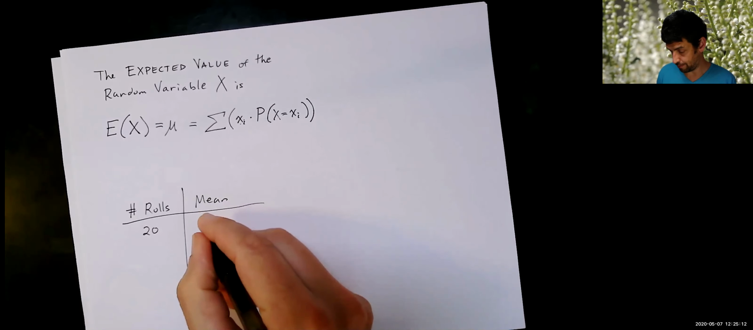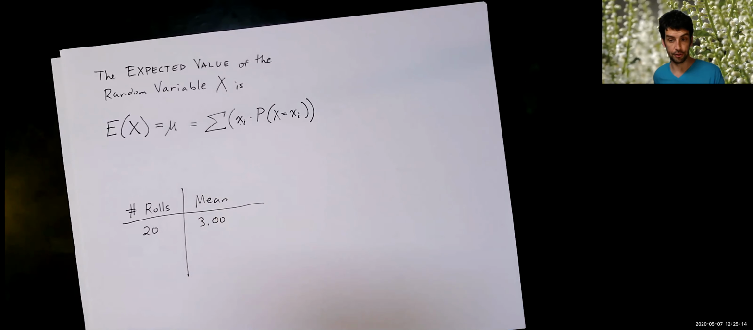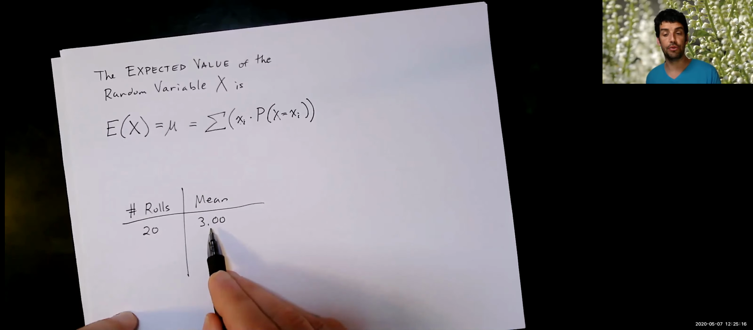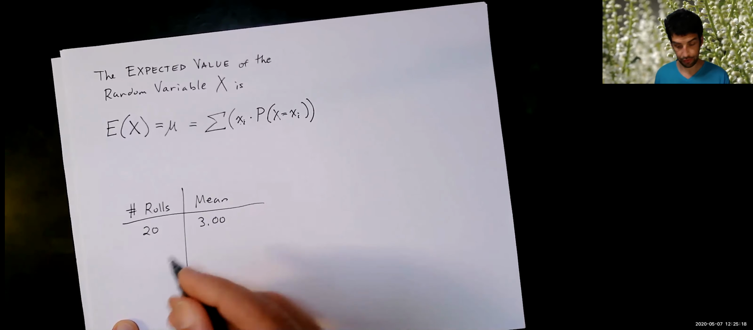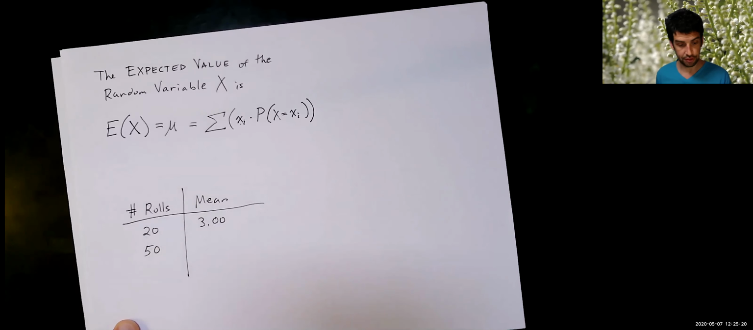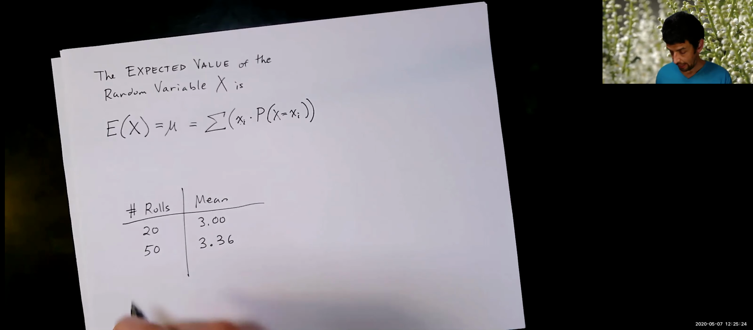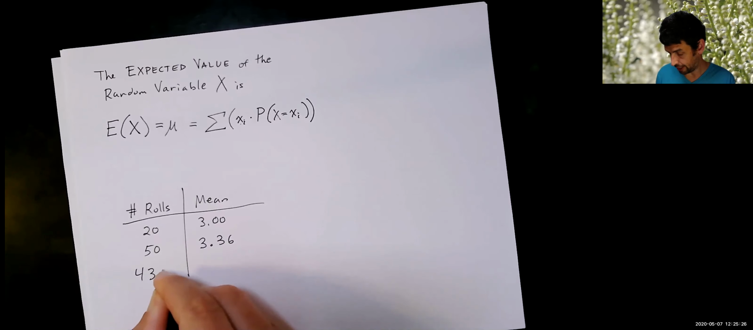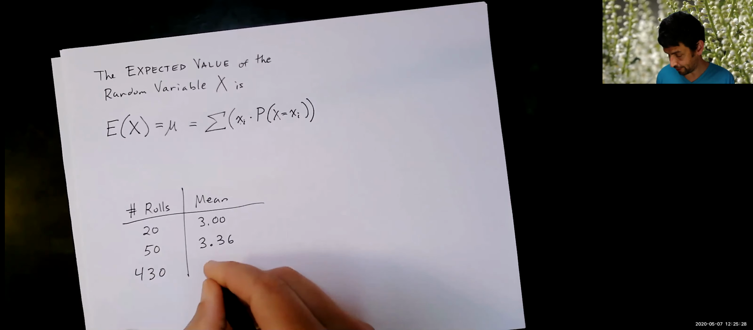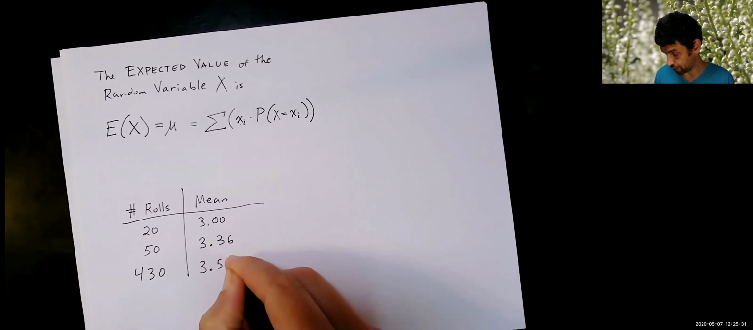The average, or the mean, was 3.00, right? Not super close, not terribly far from 3.5. After 50 rolls, we were up to 3.36. And then let's jump a little ahead. 430 rolls later, our average was 3.58,